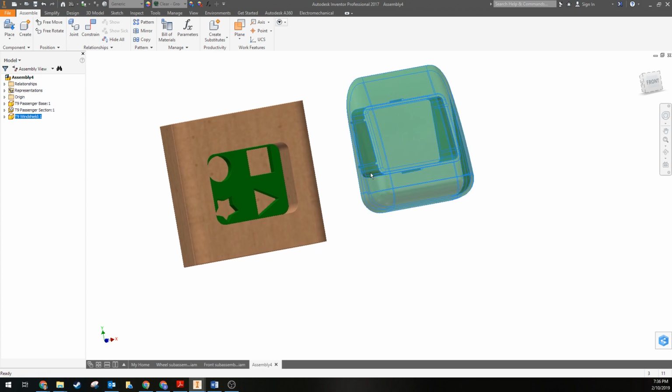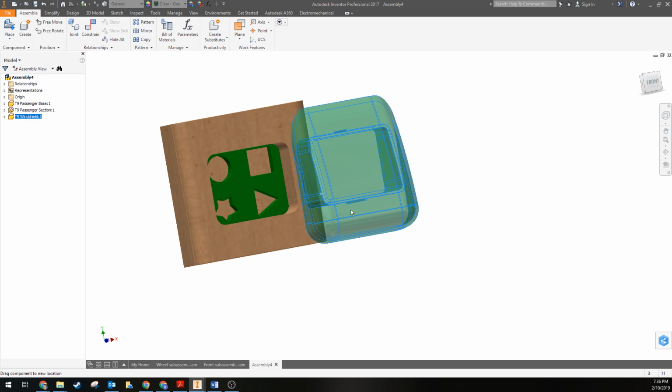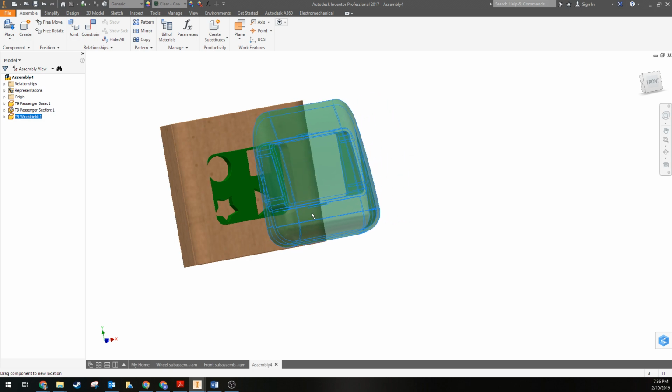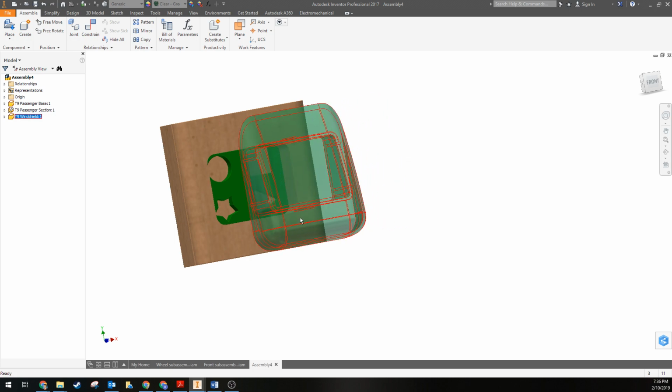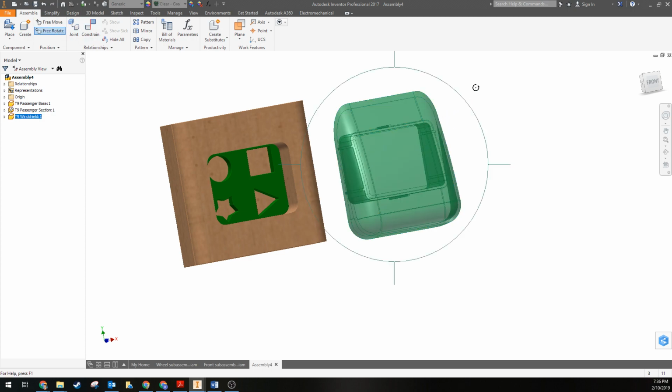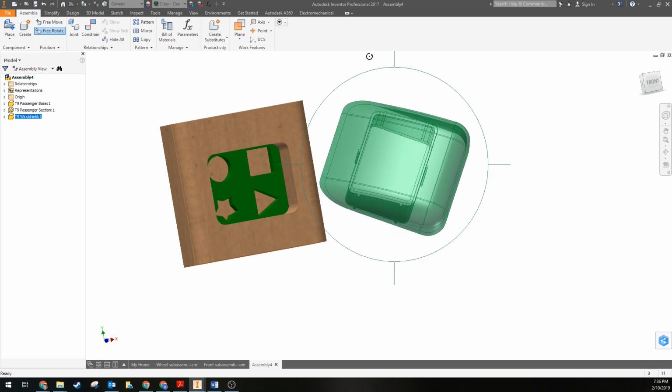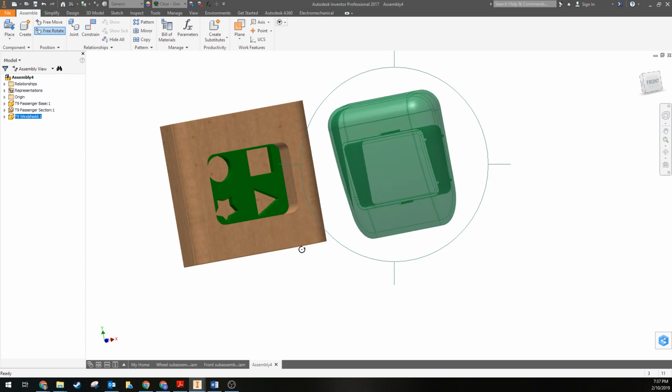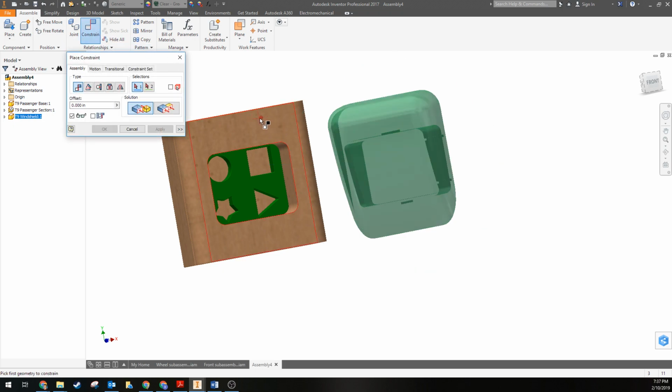Okay, getting the windshield on. There is actually a right way and a wrong way to do that. Just kind of line it up and eyeball it and see that it's not overhanging. And so you see how it's overhanging a bit here? I think it's actually backwards. So I'm going to go to this free rotate, and when you're outside of that circle, when you're rotating, you just kind of circle, you move things like a steering wheel would. So we free rotated that, and now I will put a constraint between